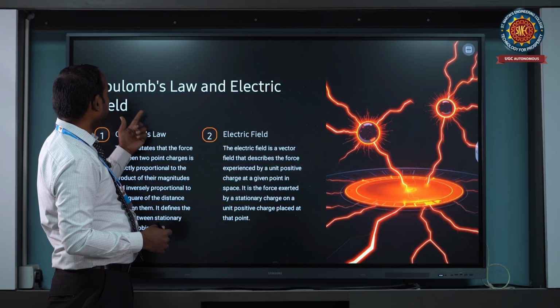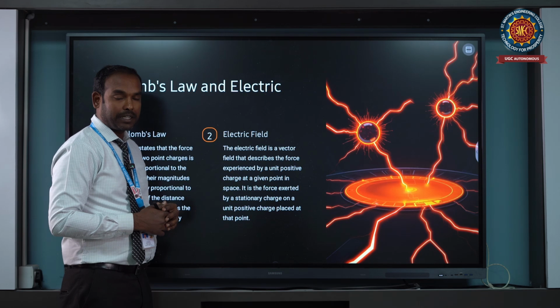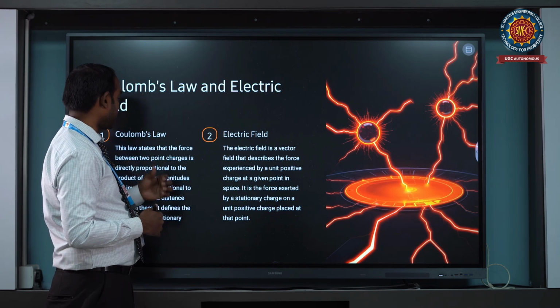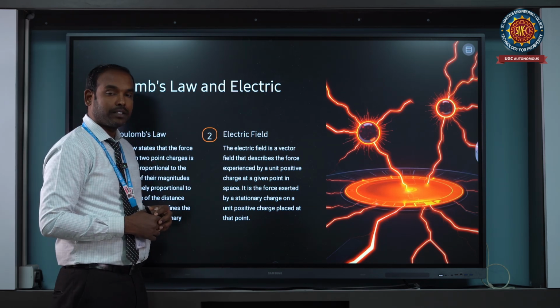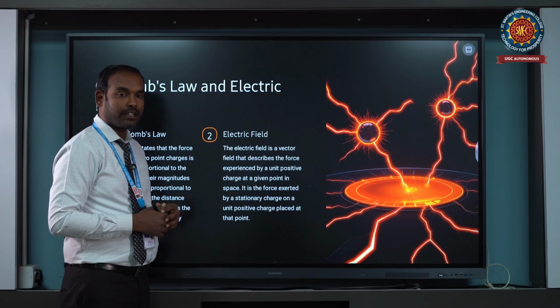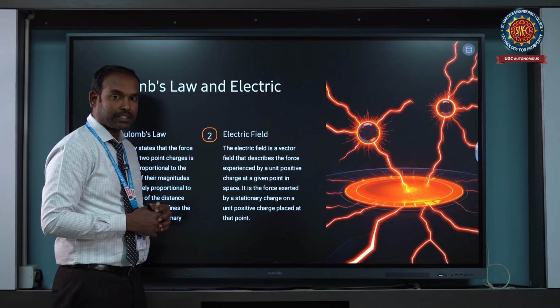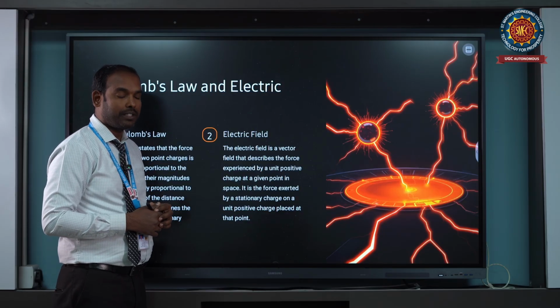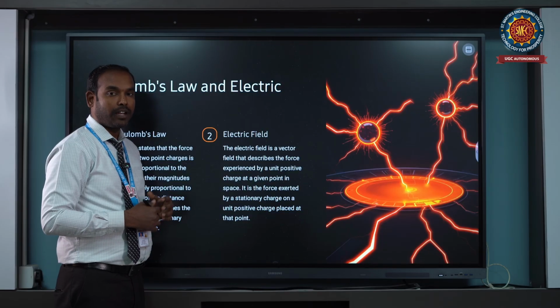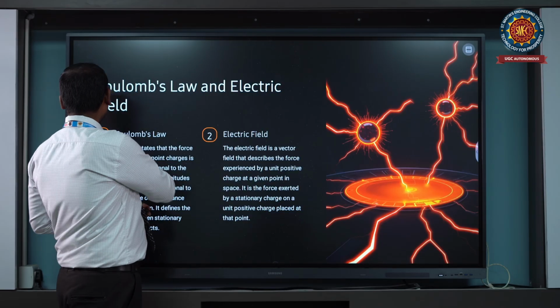So here, Coulomb's law is one of the fundamental laws. It is stated as: the force between two point charges is directly proportional to the product of the charges and inversely proportional to the square of the distance between them, and it is along the line joining them. Mathematically, we can write